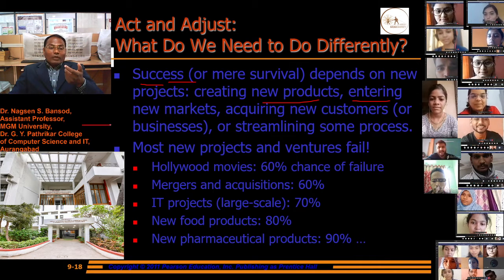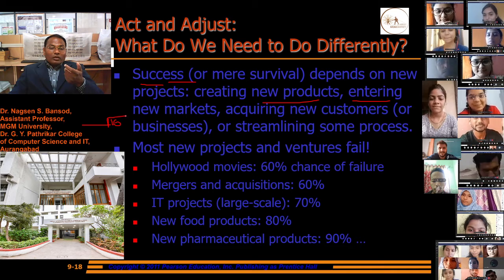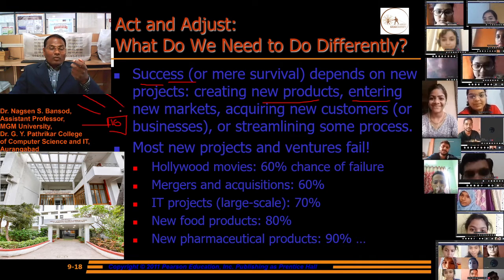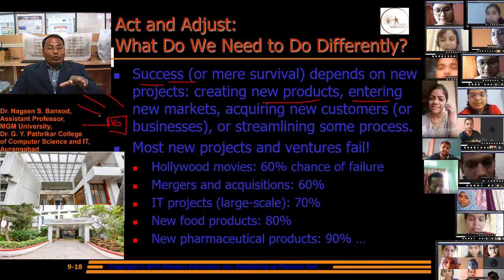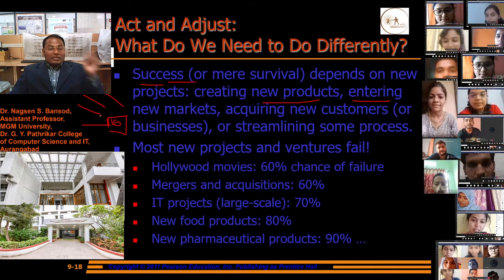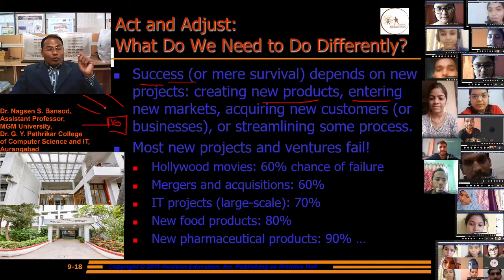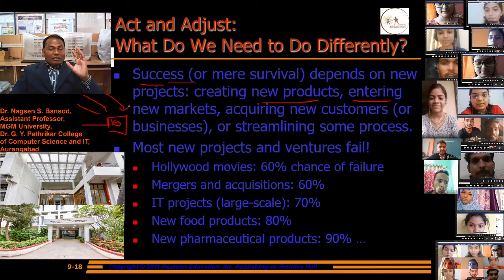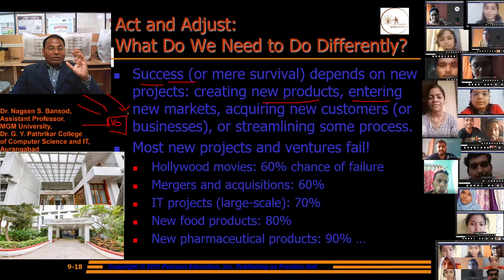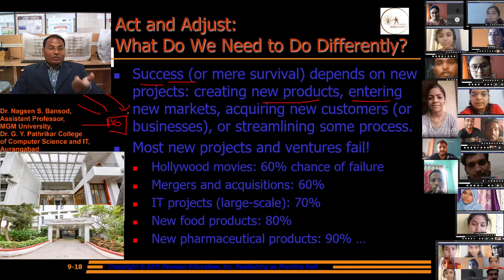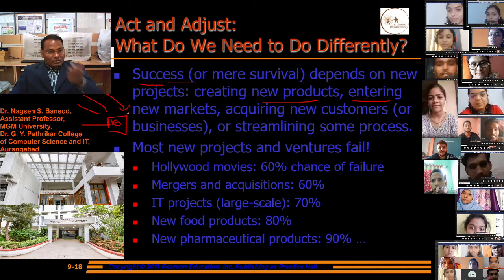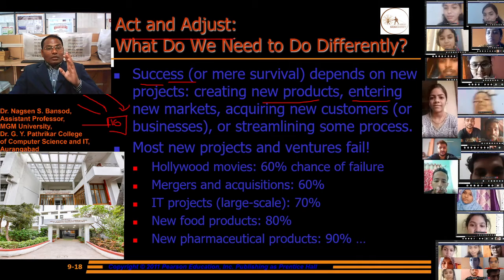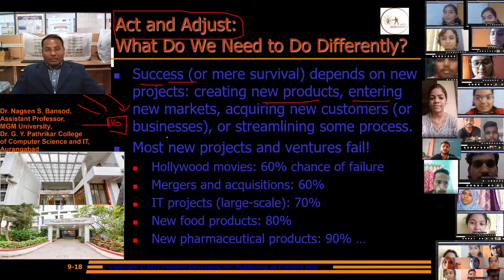suppose we want to develop 10 products. For these 10 products we require some budget, we require some finance, we require some rules. Who will develop this product, which manager will go there, and who will sell, and how the customer will respond. We will keep the price of this product, and the customer will be able to afford this price. All that should be written into the act and adjust accordingly.